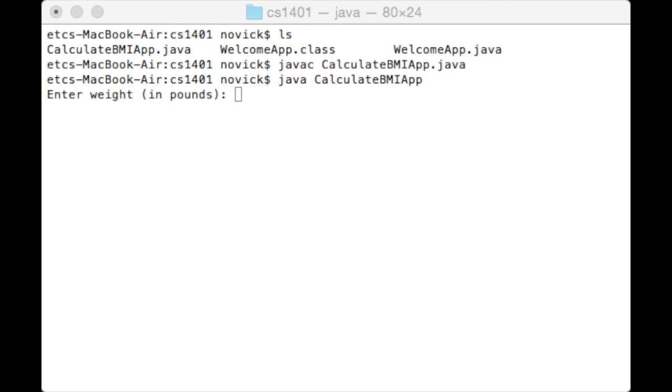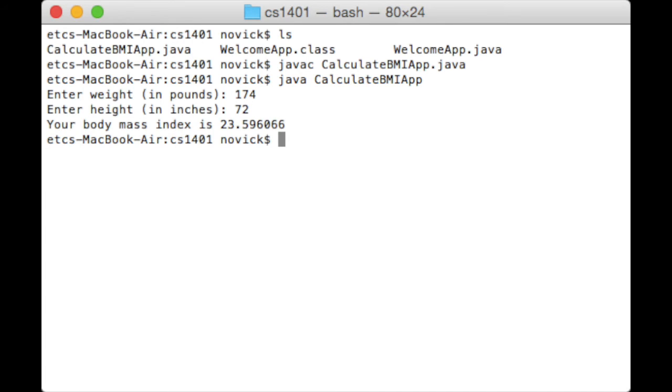sure enough, it starts running and it asks me to enter my weight in pounds, and I type in the number 174 and hit return, and then it asks to enter height in inches, and I type in the number 72 and hit return, and it returns by printing out your body mass index is 23 point something, which is what we expect to get, and then it gives me my prompt again showing that the program is terminated. And that, in a nutshell, is how to do the edit, compile, run cycle in Java using a text editor